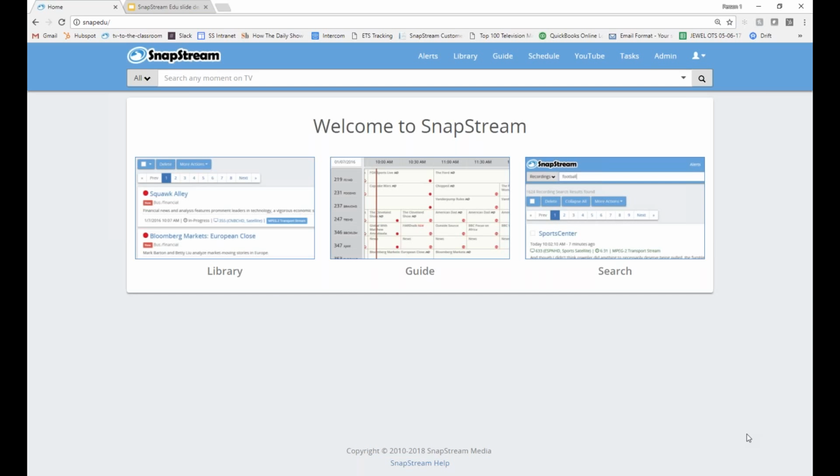So the first thing that I want to draw attention to is I'm not going out to the internet anywhere. This is access where I'm pointing towards the local server appliance. I'm opening a browser. In my particular case, I am accessing it through Chrome, and I'm going to something called Snap Edu, just like your users would be going to whatever the custom server name is given for your platform.